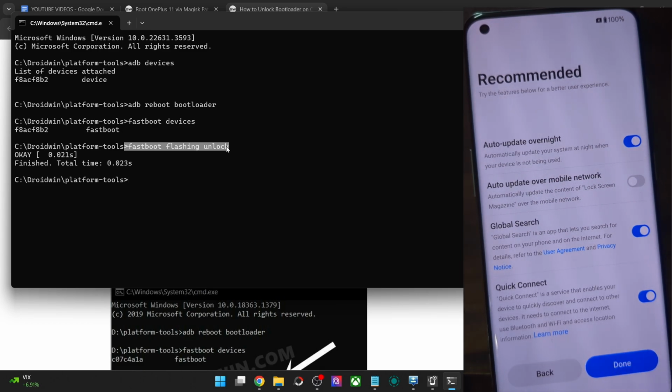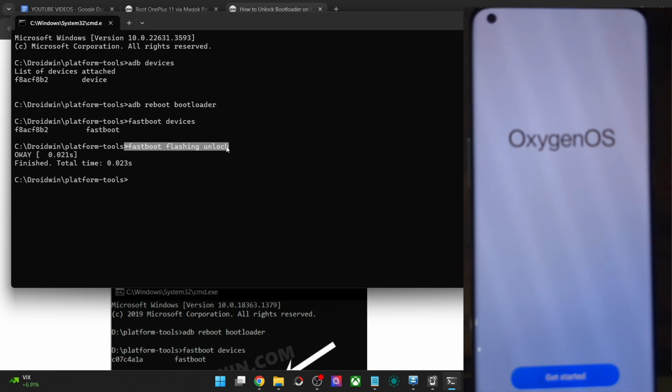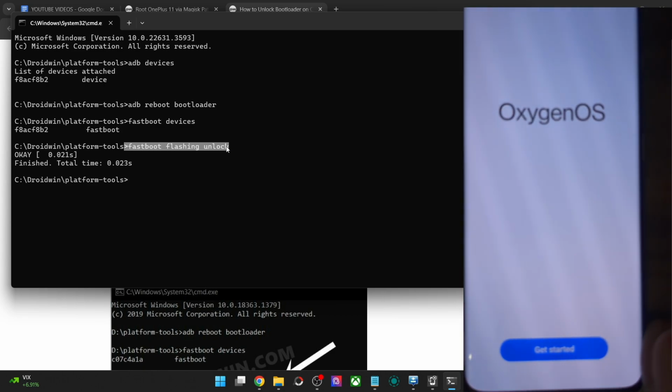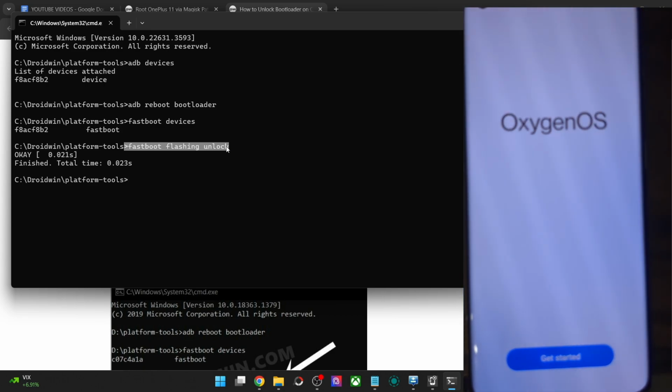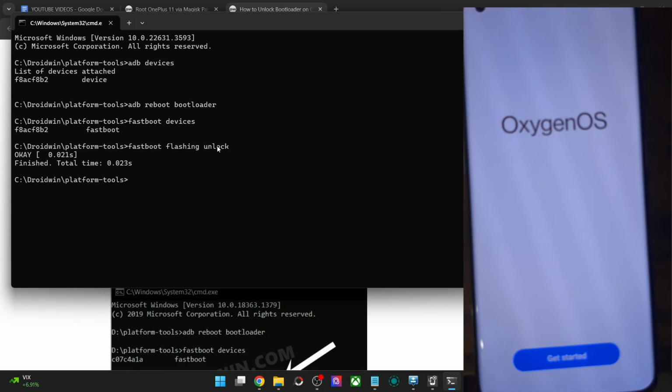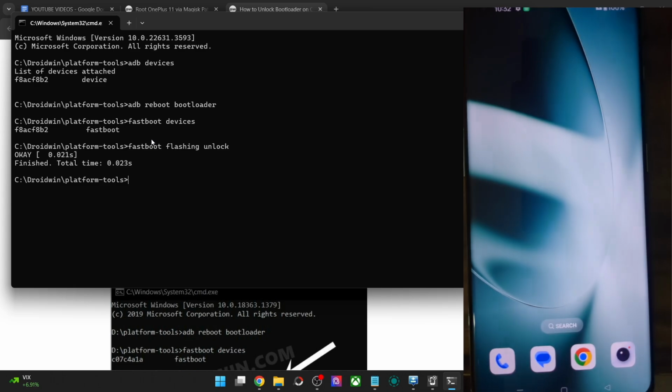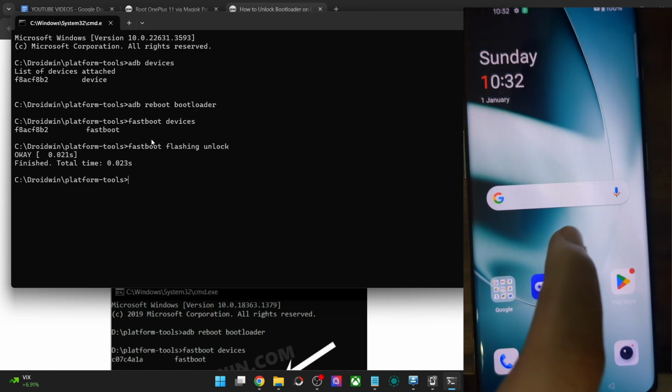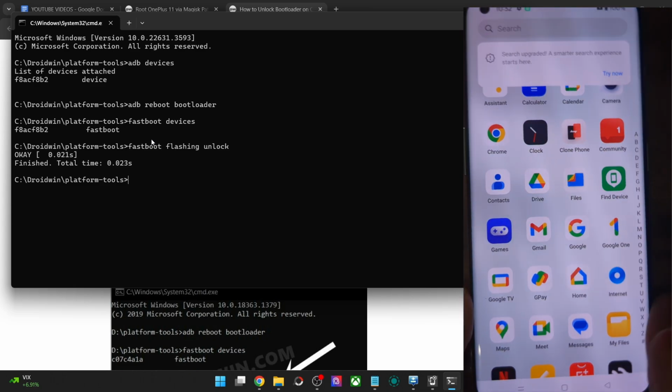So once again I am repeating, if you are facing any issue with regards to the PIN, pattern, password or fingerprint, then re-enable OEM unlocking, boot your phone to fastboot mode and type in fastboot flashing lock. This will lock the bootloader. After that, once again re-enable OEM unlocking, then type in fastboot flashing unlock, and you might have to do so around 4 to 5 times until the issue is rectified from your end. So that only happens in some cases.